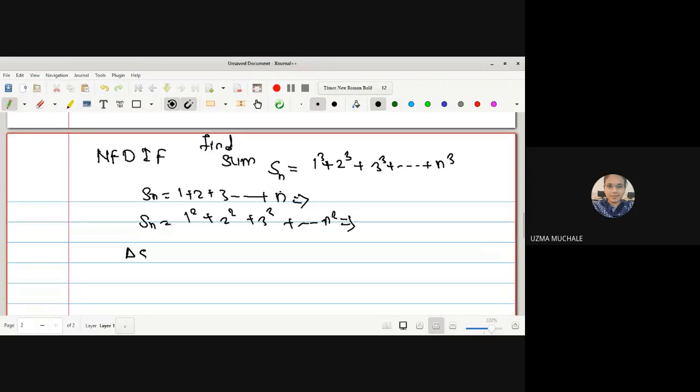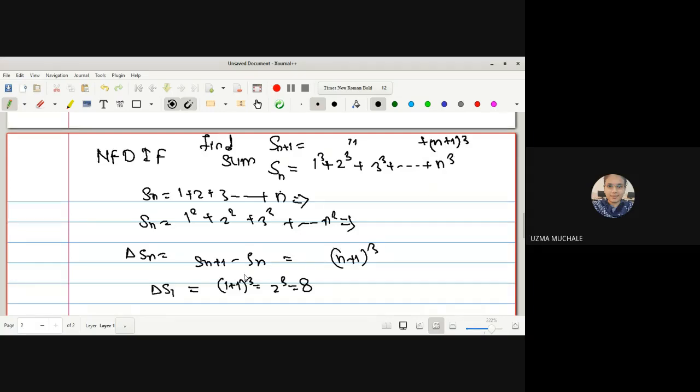First, we must find out delta Sn, which is equal to Sn plus 1 minus Sn, which I will not write directly. It will be simply n plus 1 cube. How it will be, you have to check. So in this way, we can find out delta S1: wherever you have n, you have to put it as 1. 1 plus 1 cube is equal to 2 cube, that is 8. Sn plus 1 आणि Sn मध्ये कॉमन टर्म्स काय असणार आहे 1 क्यूब 2 क्यूब हे सगळे कॅन्सल होणार आहे. Sn plus 1 मध्ये एक एक्स्ट्रा टर्म असणार आहे, these all terms plus n plus 1 cube. Okay, so we will have the formula for delta Sn is n plus 1 bracket cube.